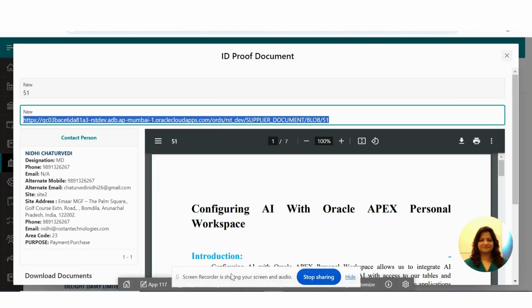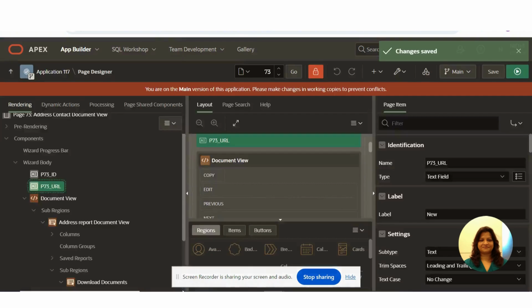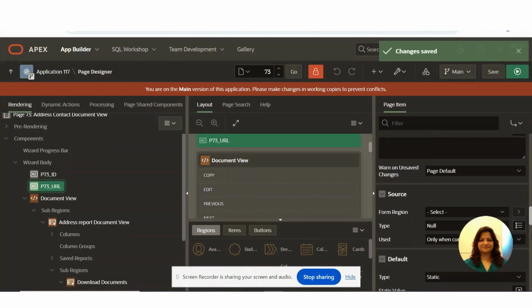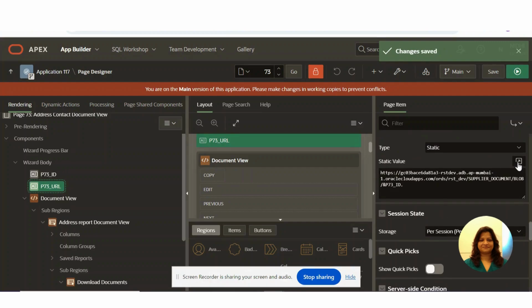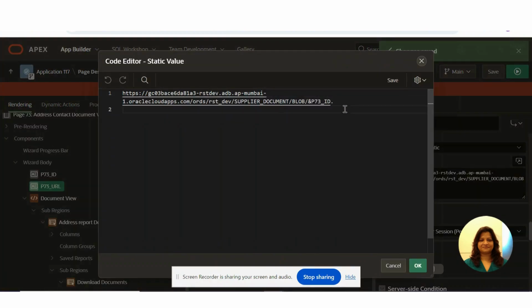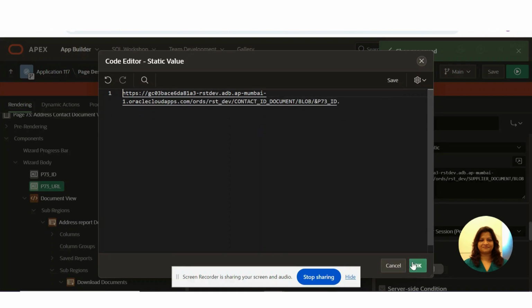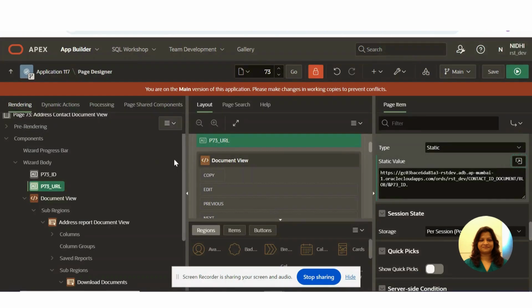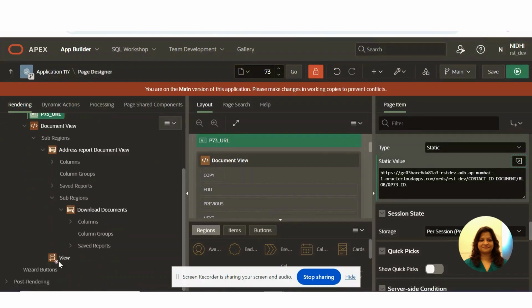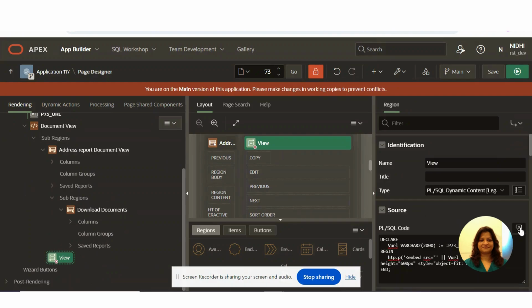This is the path which I have to use in a page, correct. So go to the page. This is the URL field. I put the URL in this column. I created one item, these are the item values which I insert here with the document. So I created that one. That also. This is the view.